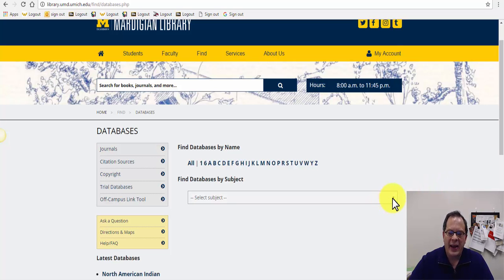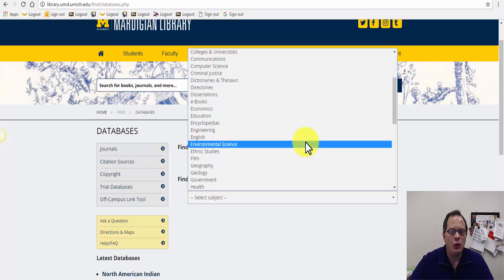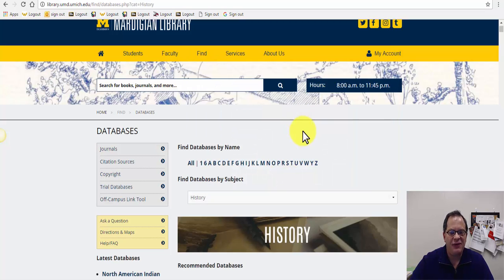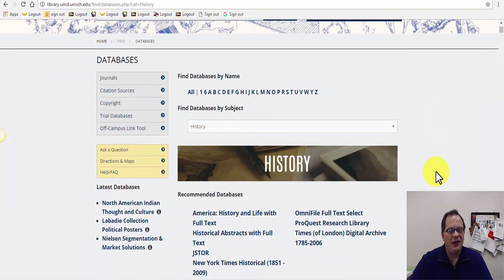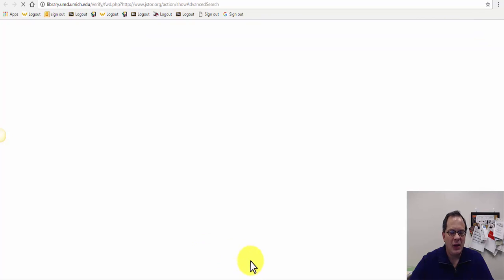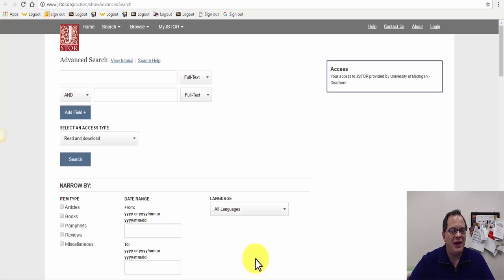And the reason why I am recommending this is because you will then be able to see the large number of databases that you can search through for history topics. Okay, and JSTOR is one of the recommended databases for doing research in history. So if you click into JSTOR, you'll then go into the database. And I just want to provide some quick start tips on how you can get your research going now within